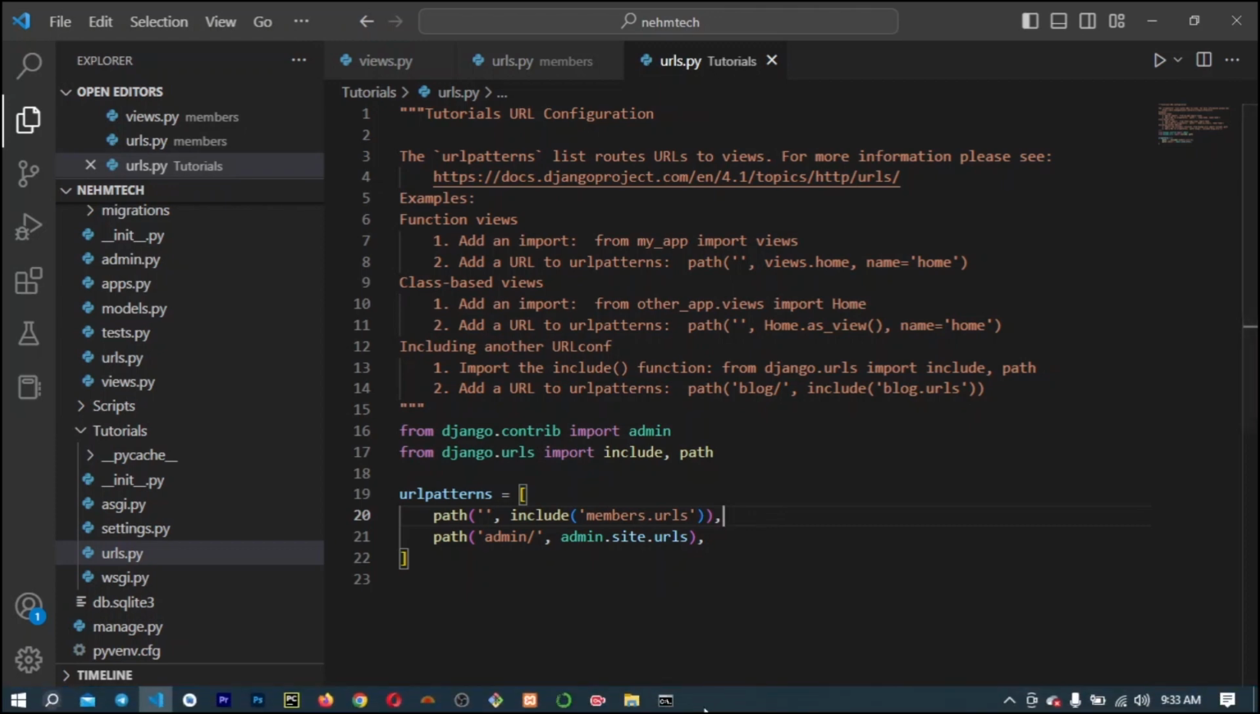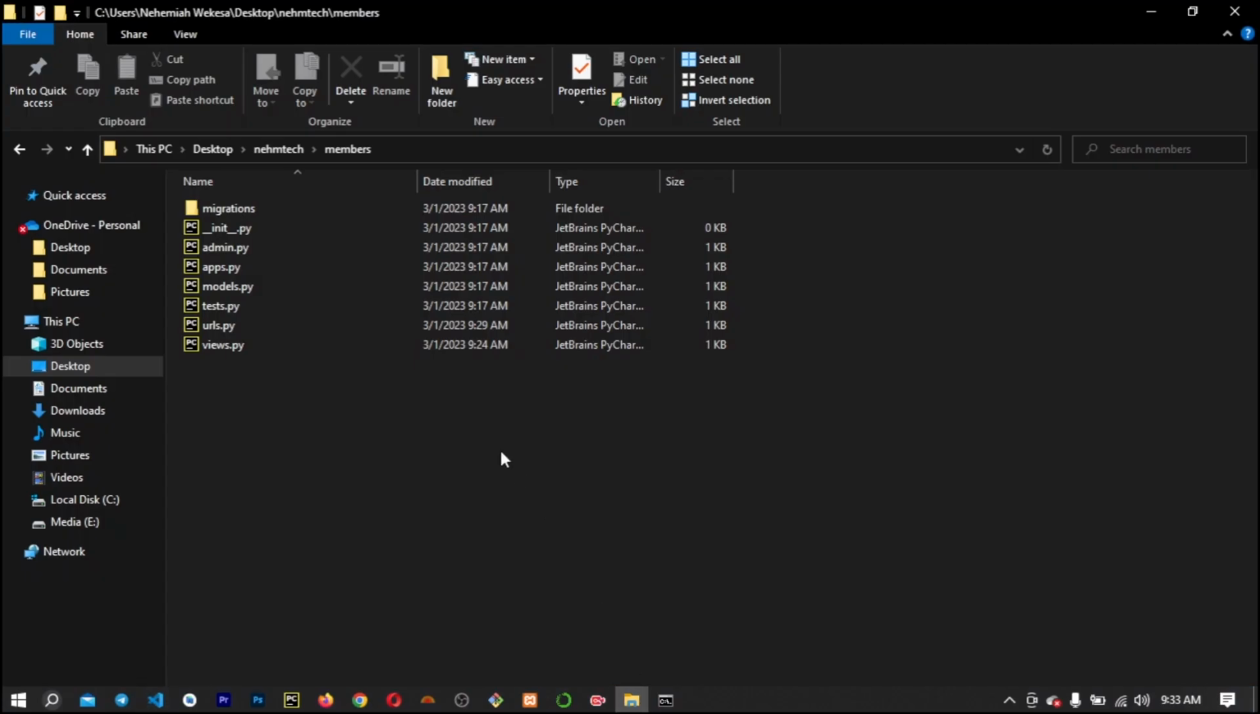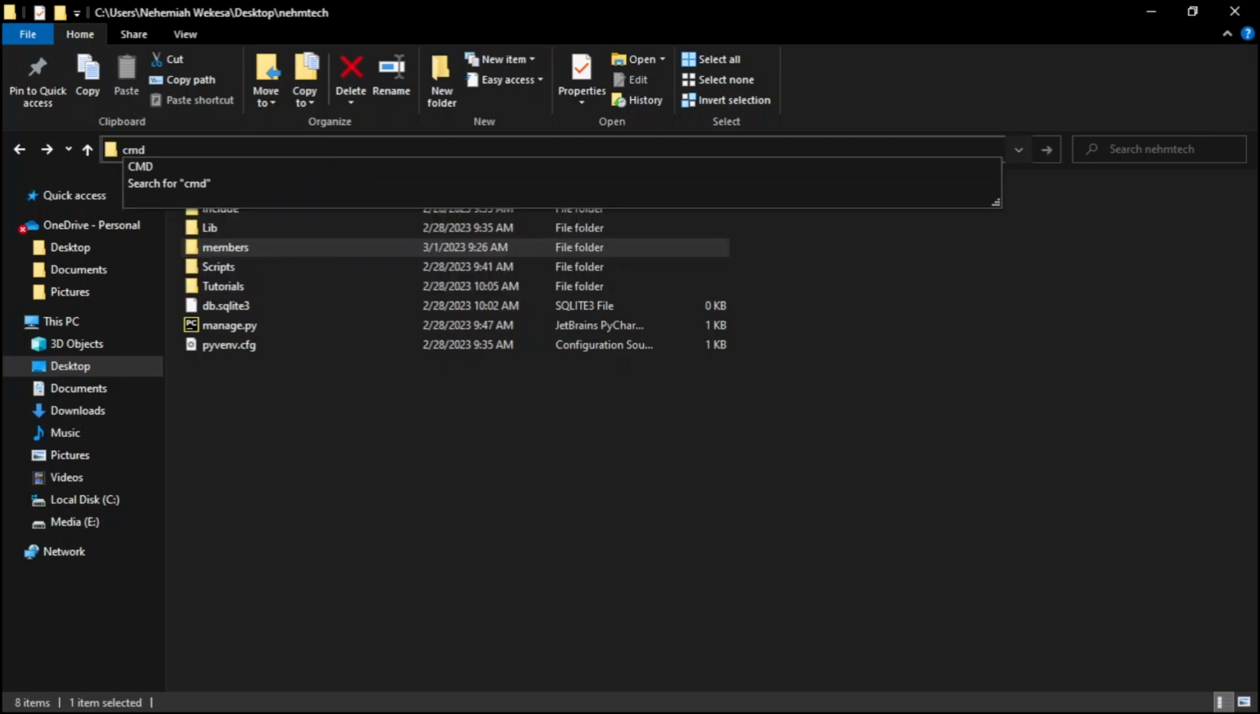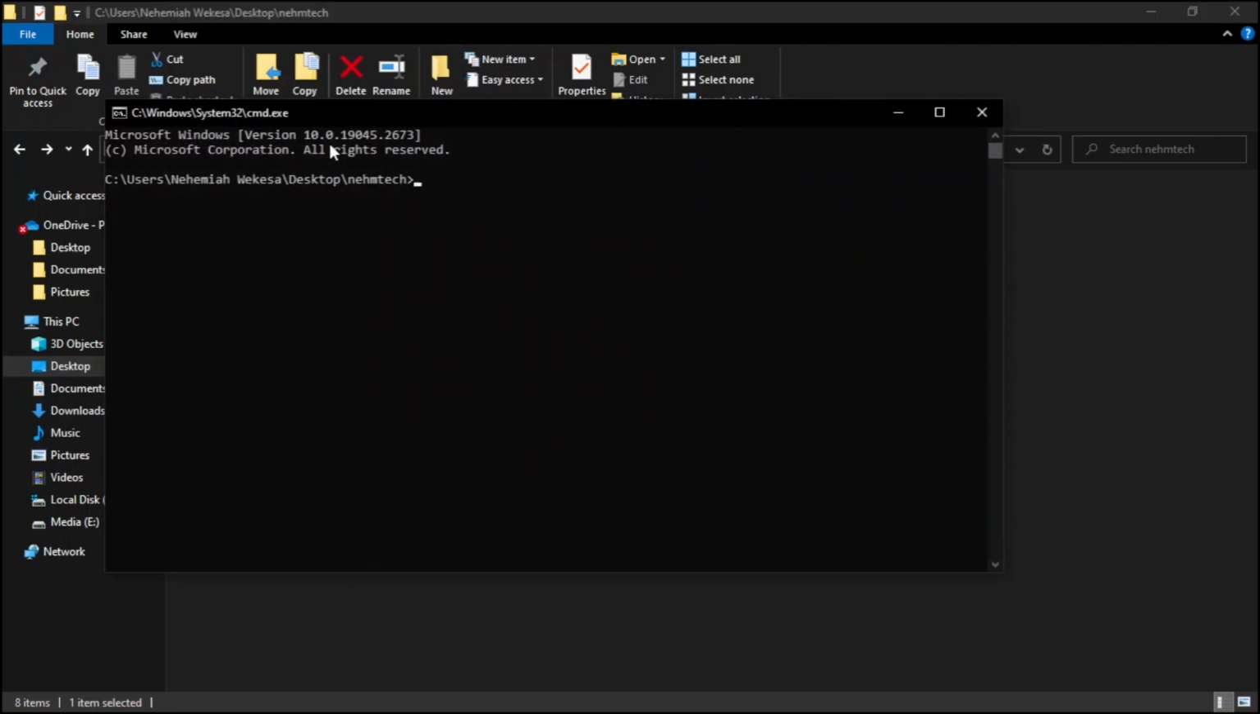Let me first of all open that project. Navigate to your project, actually to nametech. For me it is nametech, I don't know what you gave it on your end. Then once you are here, just on this file path, type in cmd, then first of all activate scripts. I don't have to explain again what these things do, because I've done it several times. Then I click on